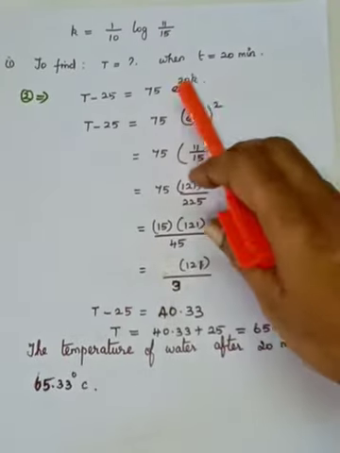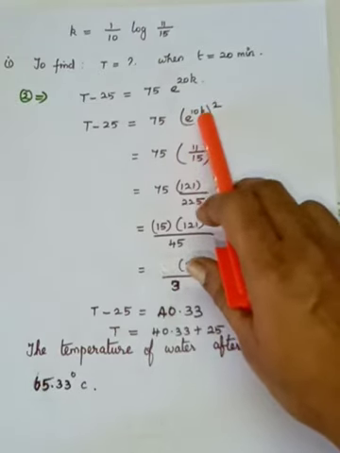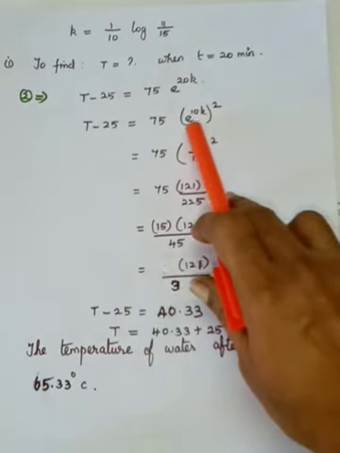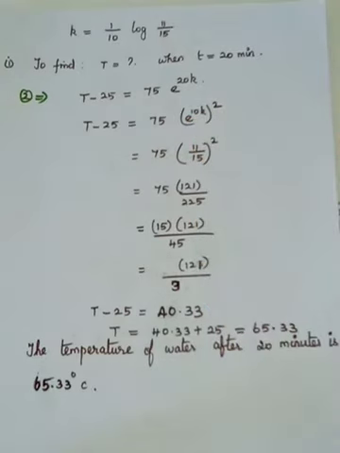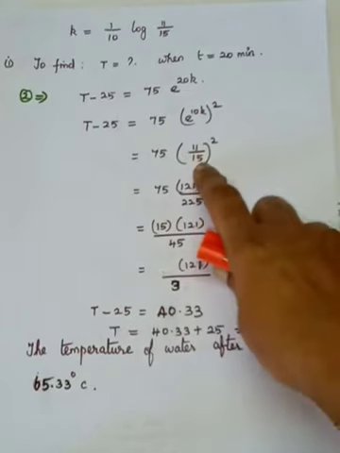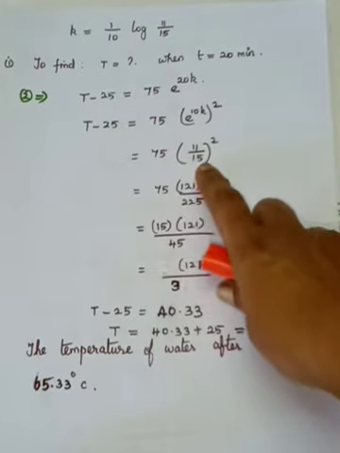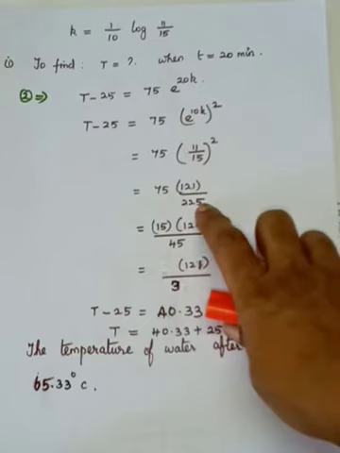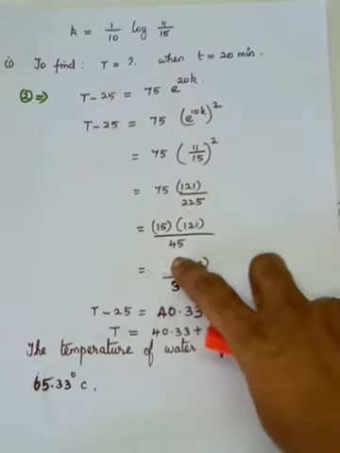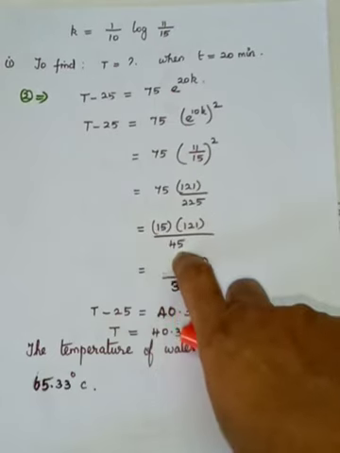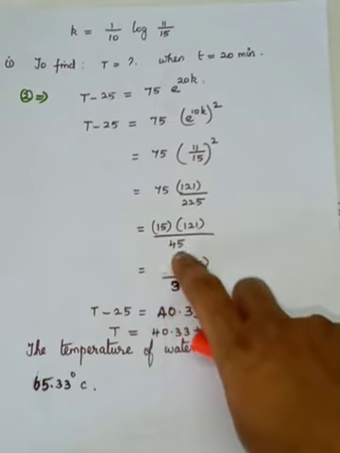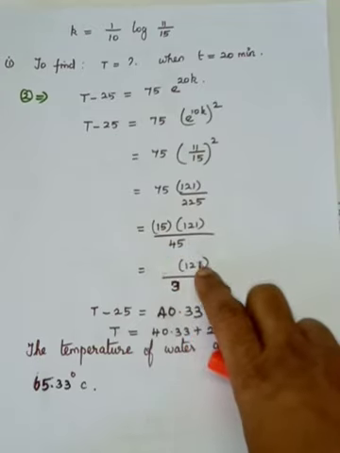So e power 20K can be written as e power 10K the whole squared. Otherwise you can write e power 10K into e power 10K. E power 10K we have written as 55 by 75. If you simplify, that is 11 by 15 the whole squared. So 11 squared is 121, divided by 15 squared, which is 225. If you divide by 5, it is 15 divided by 45. If you cancel with 15, 3 15s are 45. So 121 by 3. If you divide, your answer is